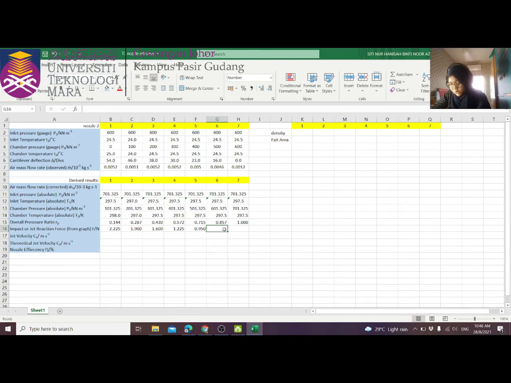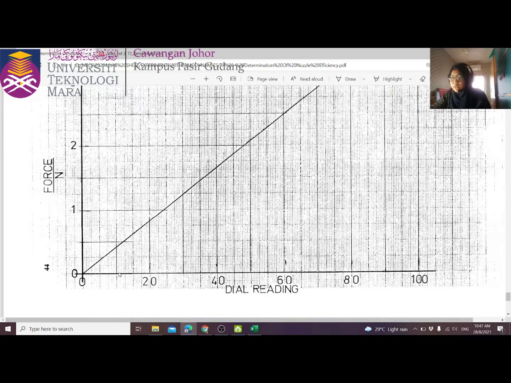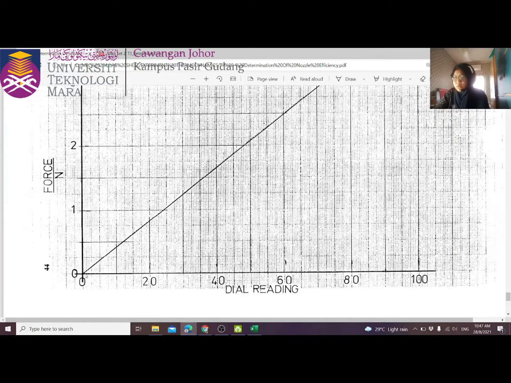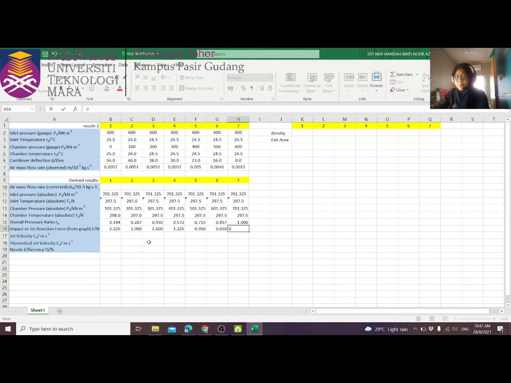So next is 16. So 16 is around here, and it should be around 1.6 something. So 0.6. And then last but not least, 0. So 0 is here, and then 0 as well. So 0. Okay. And next is